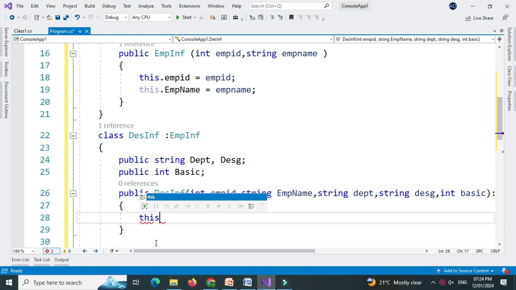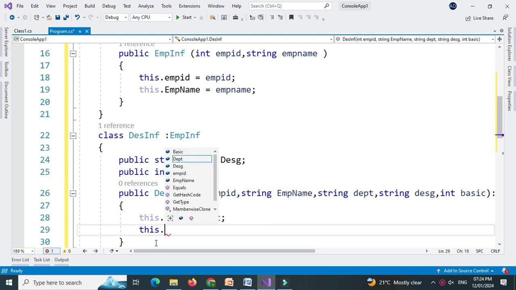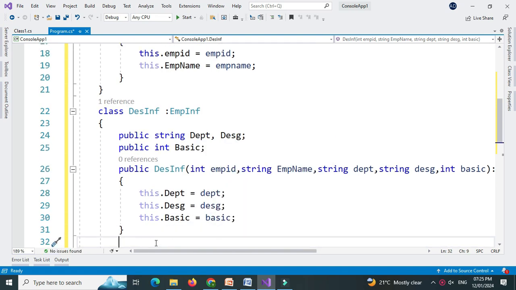Then we will assign these constructor variables to local variables. So this dot department equal to department, then this dot designation equal to designation and this dot basic equal to basic. Then we will write a method